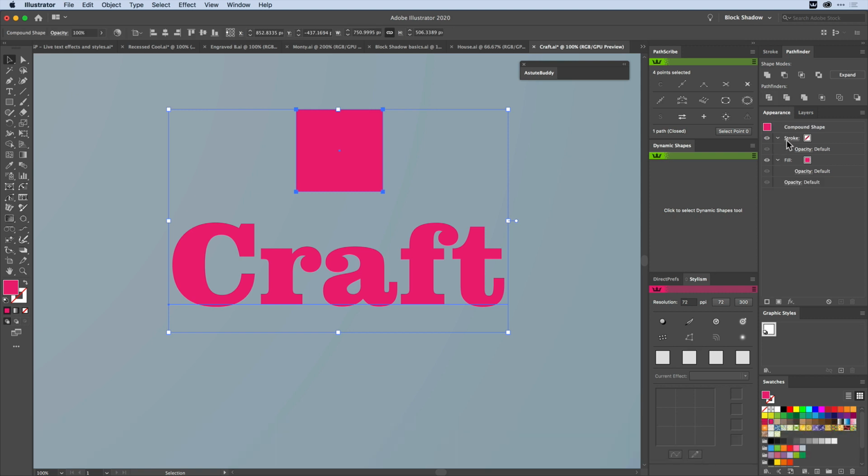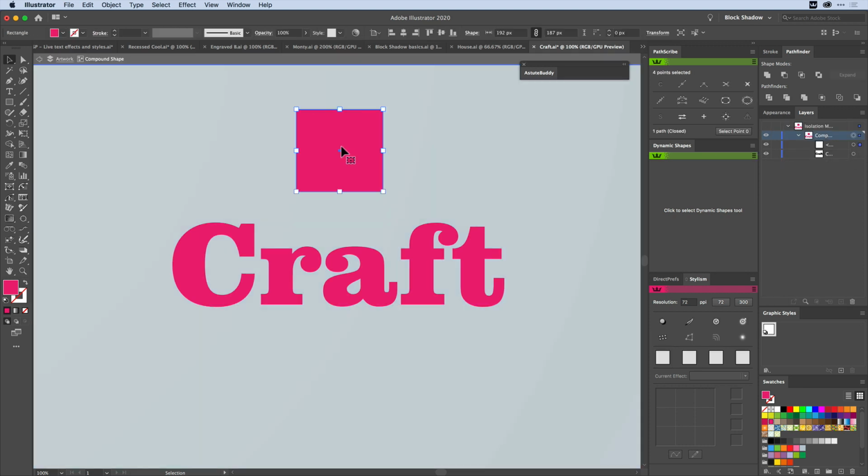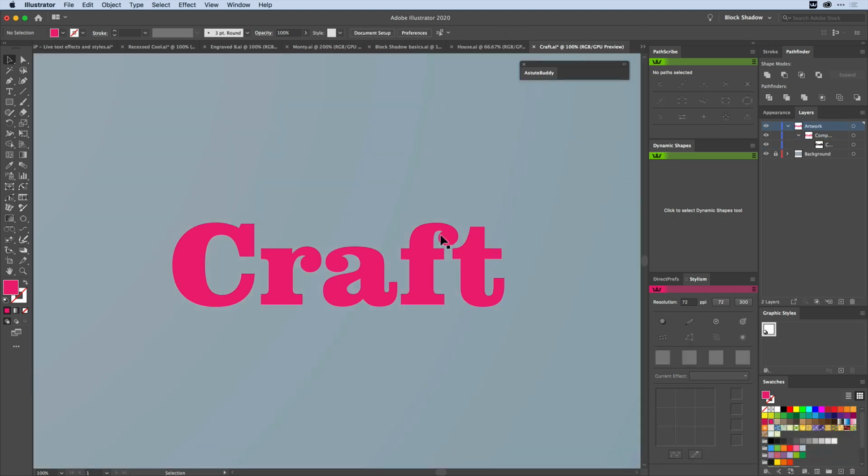I'm then going to look in the Layers panel. I warned you, this one is a little bit more technical. And I can see in the Layers panel, here's the live compound path. That's why I held down the Option key. There's a live mode that is fairly hidden in Pathfinder nowadays, but it's there. I can either go into the Layers panel, select that rectangle and delete it, or I could have just double-clicked into it, gone into the internal mode there and deleted it like that. Deleting it leaves just the text line, but it's still in this compound path.